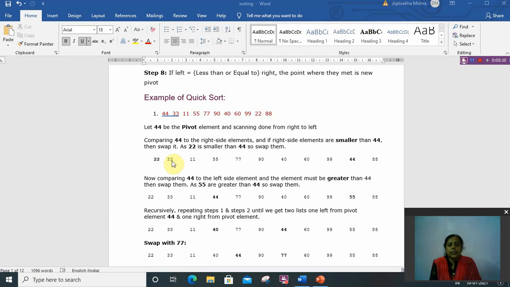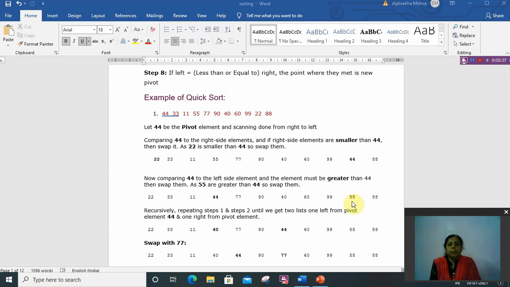Then 33 is smaller than 44, so again it moves toward the right. Then 11 is less than 44, so it moves towards the right. Then comes 55. 55 is greater than 44. So here 55 and 44 will be exchanged. Okay. So 44 and 55.